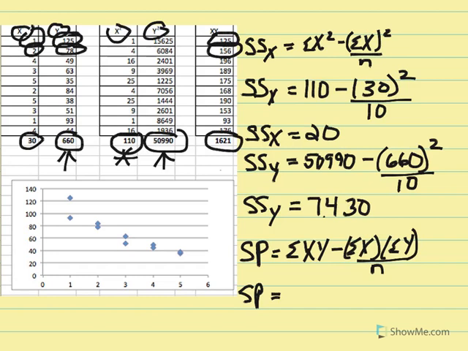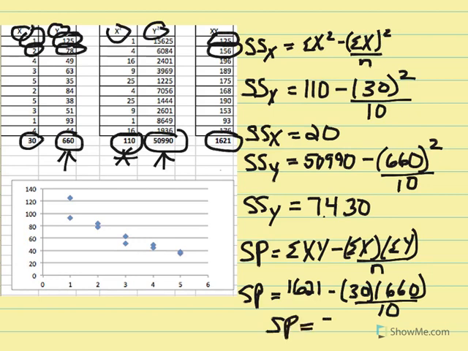So the sum of x multiplied by y, we get 1,621 minus the sum of x, we know that that's equal to 30, multiplied by the sum of y, which is 660, over 10. Okay, so take 30, multiply it by 660, divide it by 10, and subtract it from 1,621. And we should see that we get the exact same SP value as we did with the definitional formula. You should get on your calculators negative